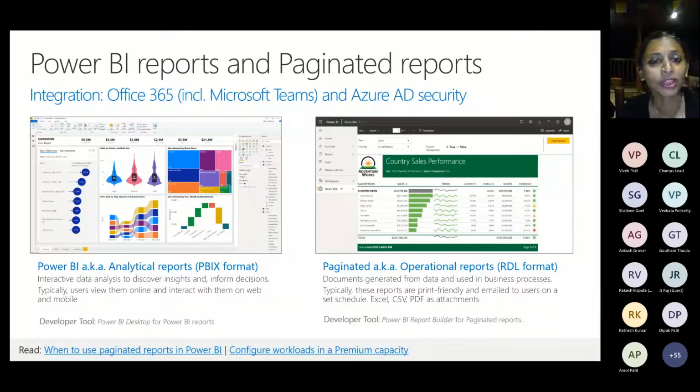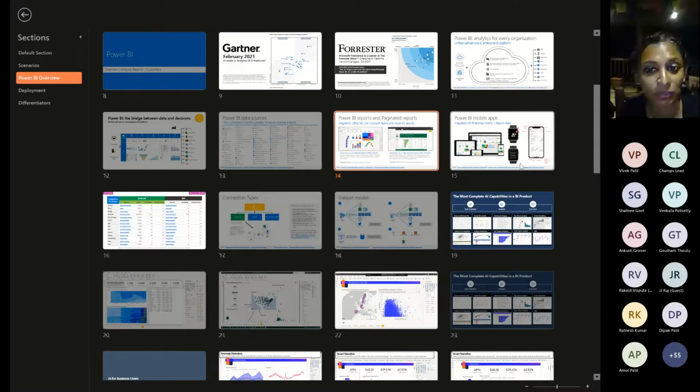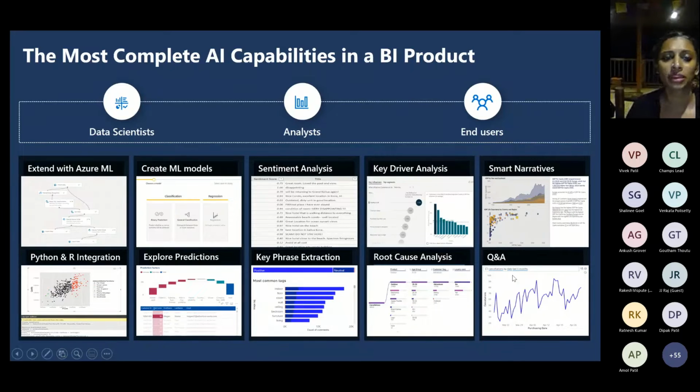Now, when we look at the kind of reports, both the analytical as well as the traditional MIS sort of reports is something that we do cater to. And I want to pause in a moment and put the entire focus on this one slide, which covers the entire capabilities, on a high level, in terms of what is offered in Power BI. The very term modern BI means, traditionally people would ask an IT person to work on a specific requirement. They work on those specific use cases, a turnaround time which is extremely longer and leads to a lot of cost in terms of